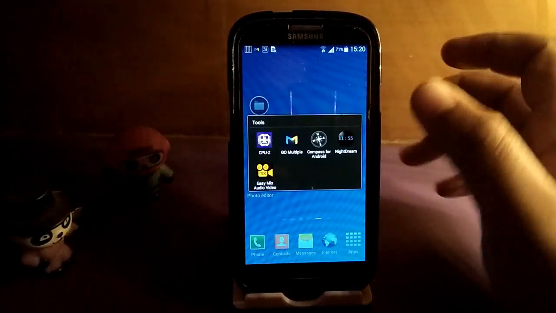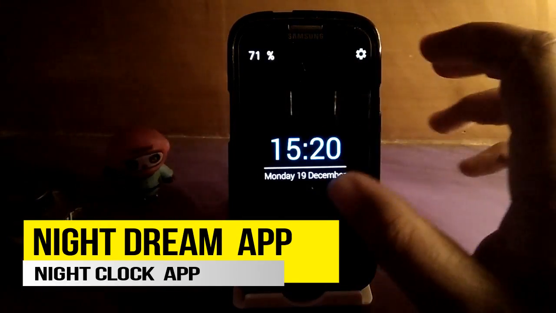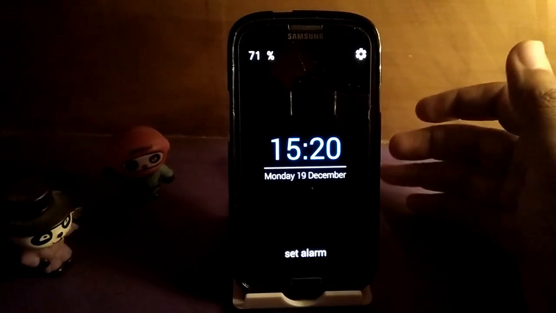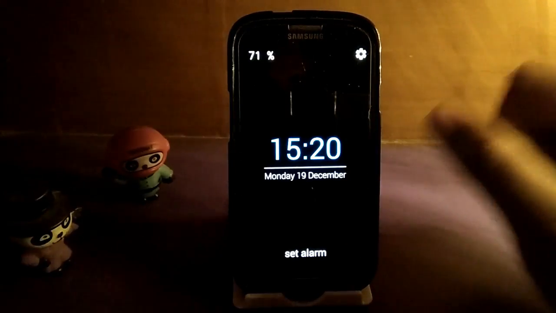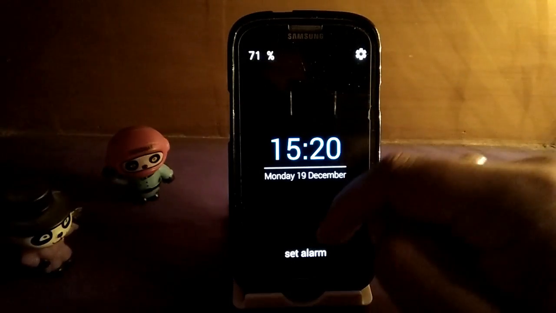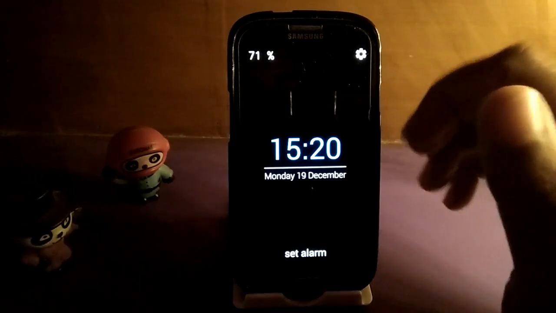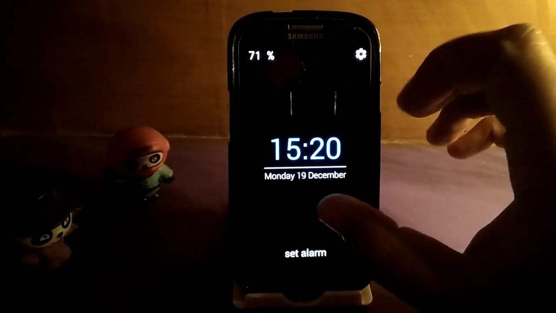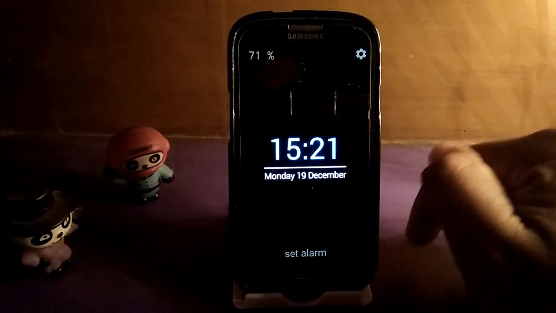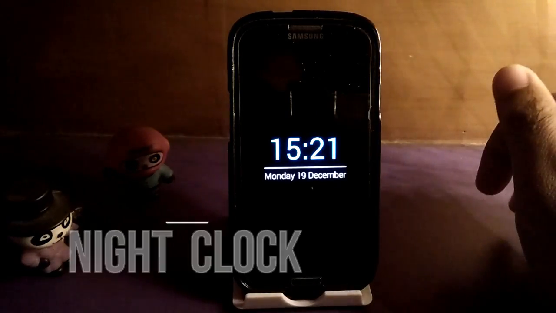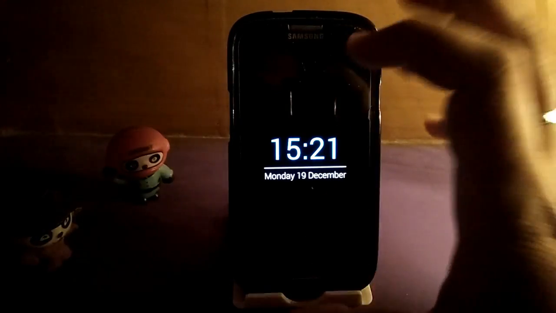So the fourth app which I would talk about is known as Night Dream. This app is basically configured for those persons who tend to set an alarm and want to wake up early. So if you want to set an alarm, you can set the alarm. Apart from that, this would be the display which would be given when you are asleep. You can set a time period, for example if I go to sleep at 10 o'clock at night and wake up at around 7 or 8, during that duration this screen would be showing in this way